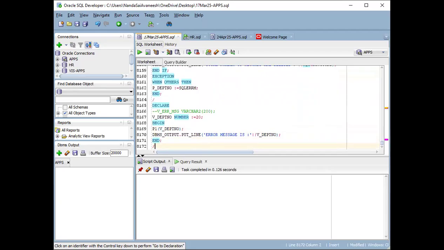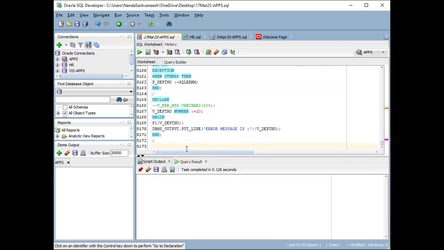Okay. Some examples are there in the notes. I will share them, and you can practice those examples also. Okay. So the next topic is functions. A function is also a database object, and functions are stored in the database permanently. A function is similar to a procedure. It is a named block in PL/SQL and it may or may not take parameters, but it must return